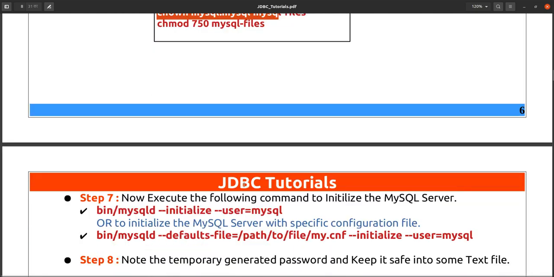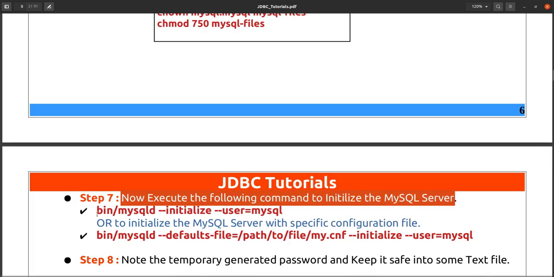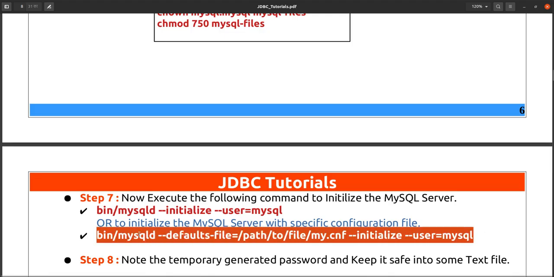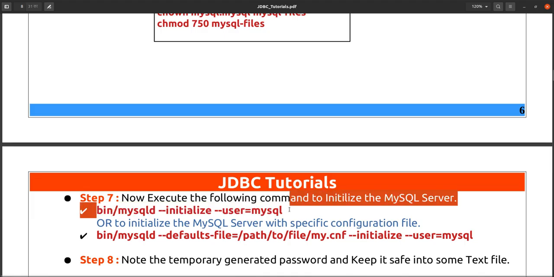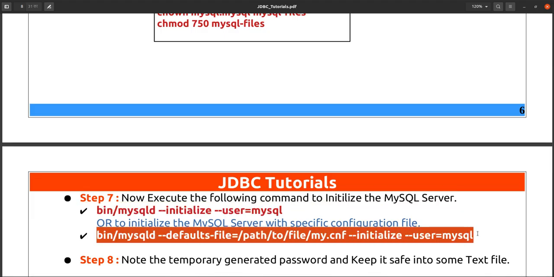After executing these commands, you have to initialize your MySQL server. You can initialize it using this command or this command. The difference is that here you are not giving any configuration file, and here you are giving the configuration file. The configuration file says what the port number should be. By default, port 3306 is used.